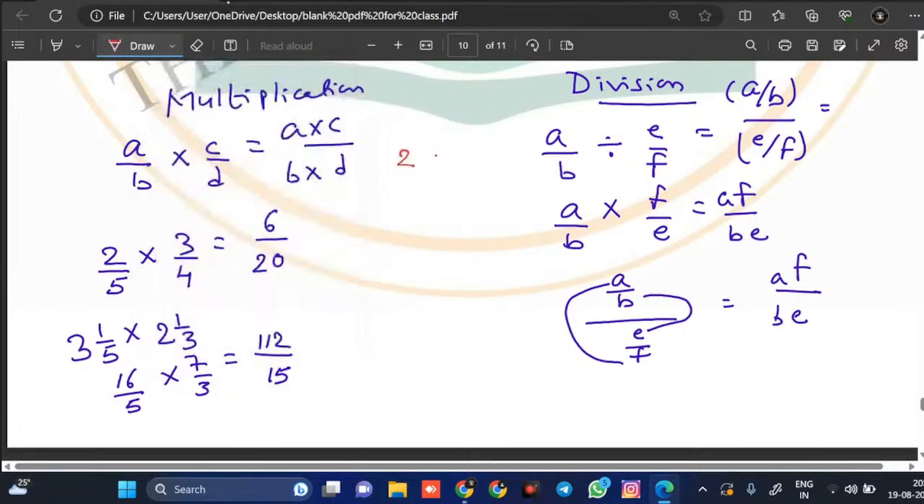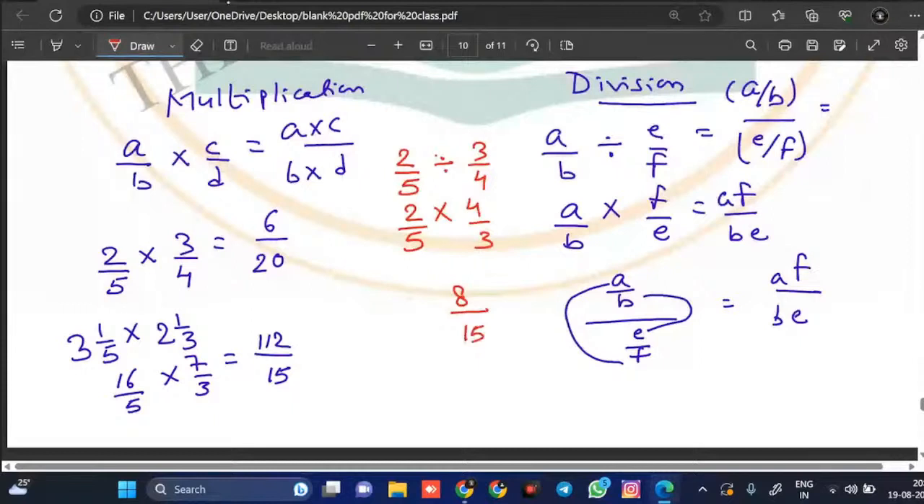Say for example 2/5 divided by 3/4, ये मेरा question है। कोई दिक्कत नहीं है ना। 2/5 divide को multiply करो, ठीक है, और ये 3/4 divided by 5 3 जा 15। ये मेरा आंसर हो गया 8/15। This is my answer।